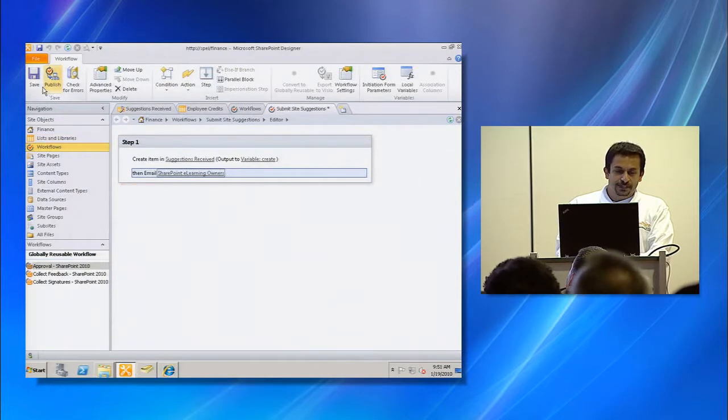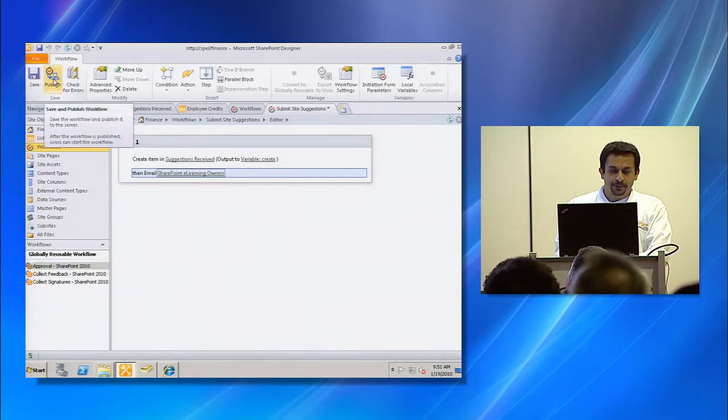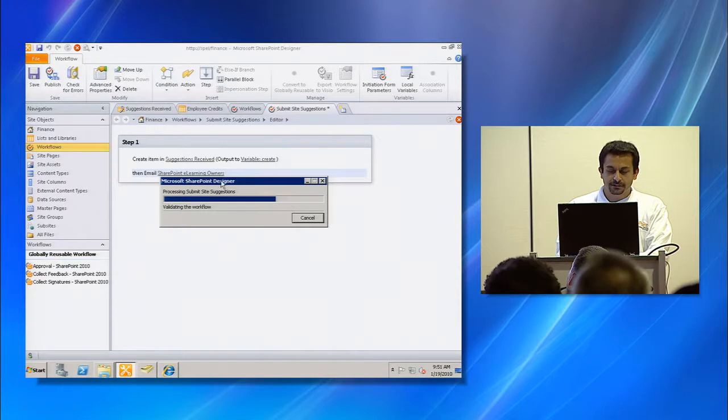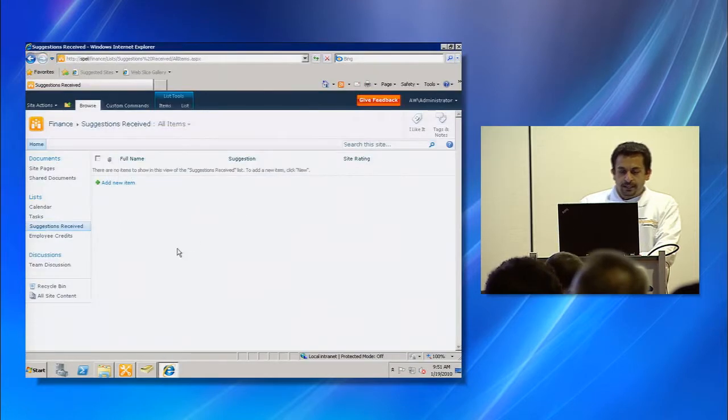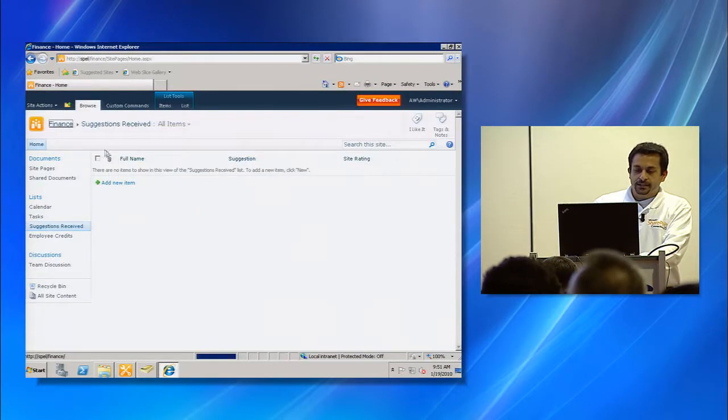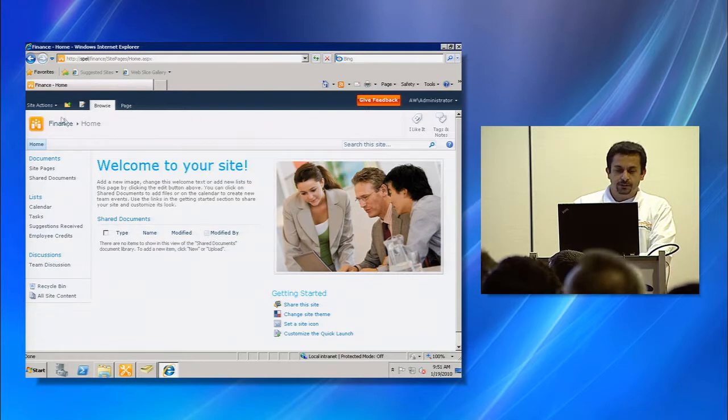Unfortunate. But now we have a nice big save button, which I already pressed. Now I'm going to click on Publish. I'm ready to publish it. So it's validating it, gone. Now the way that a person will see this workflow or execute this workflow is by going to, now I